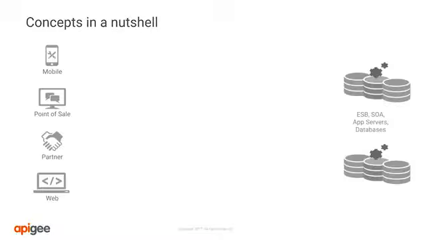Hello. In this module, we'll cover the fundamental concepts and keywords that all Apigee developers should know and use across the API lifecycle. On your left, you have clients that send requests to Apigee. On your right, you have your backend servers, which is where Apigee sends the requests. And these could be located in the cloud, on-premise, or both. The middle section represents the Apigee API Management Platform.